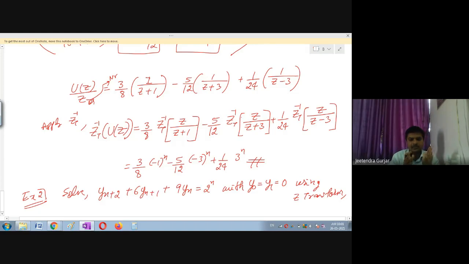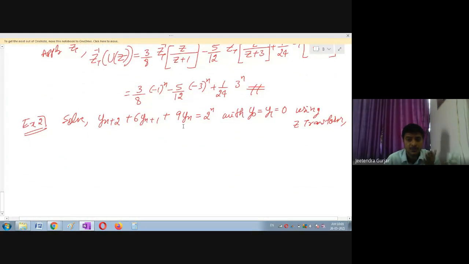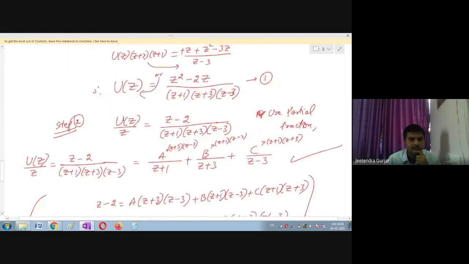Yes, students, please start solving very fast. Who will get the answer? Let us see. Yes, any doubt is there, you can ask. See, in the previous class we are just continuing only. Here one extra work is that you have to find u of z. That is very important. Now when we take here, I will just change the terms.